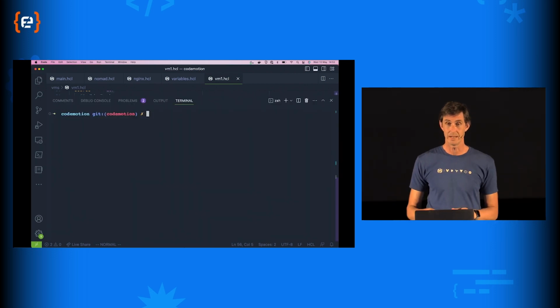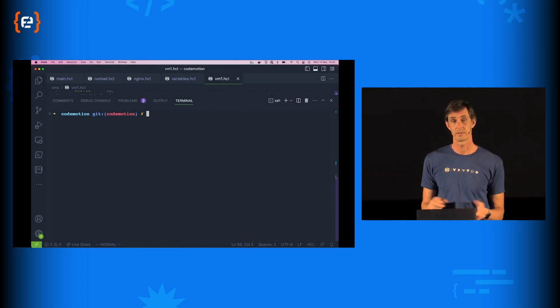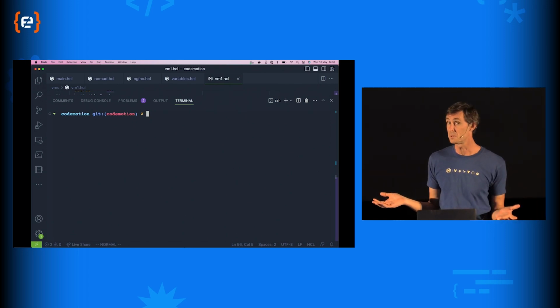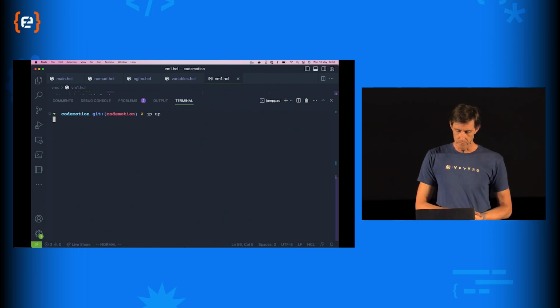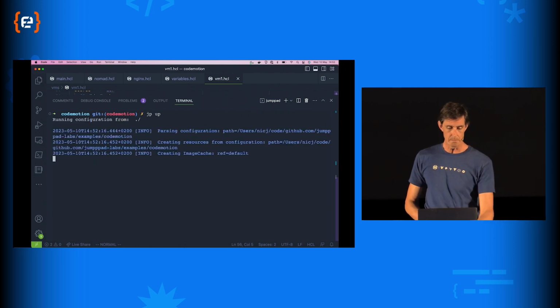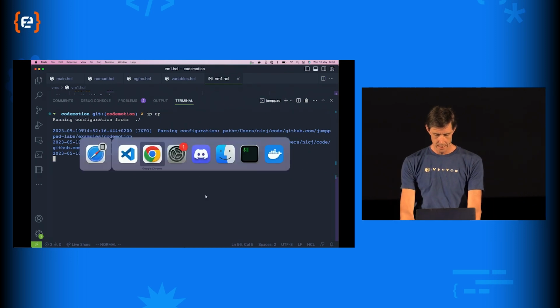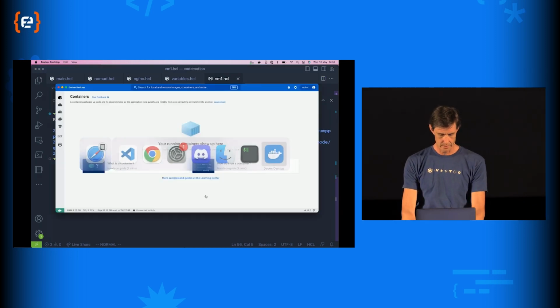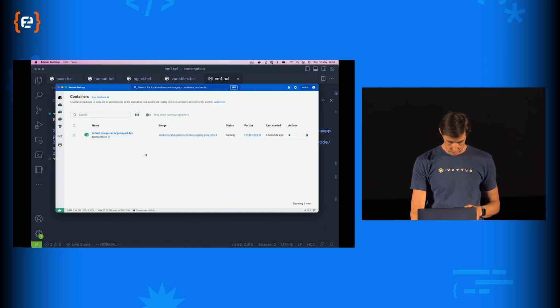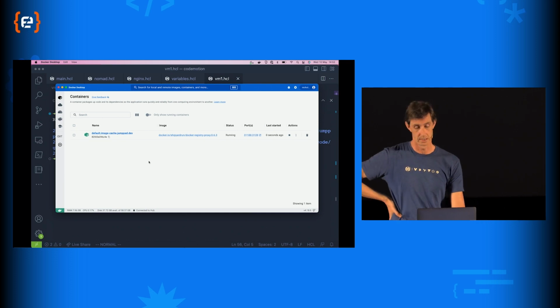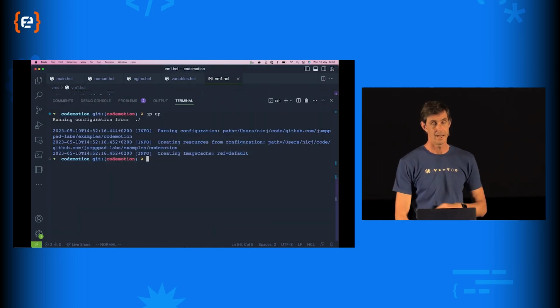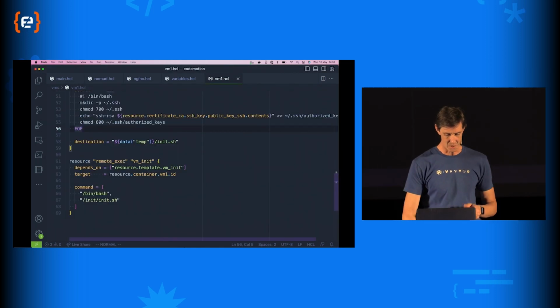So assuming that I haven't made a typing mistake, and that would be very unfortunate because I'm using mostly snippets, but there's always an opportunity, let's create that. I'm running the command jp up, jump pad up, and what that's going to do is read the configuration and create me a Docker container. Now, the astute among you will see that it hasn't actually created the Docker container, and that's because I've missed a step. So let's go back and do that.